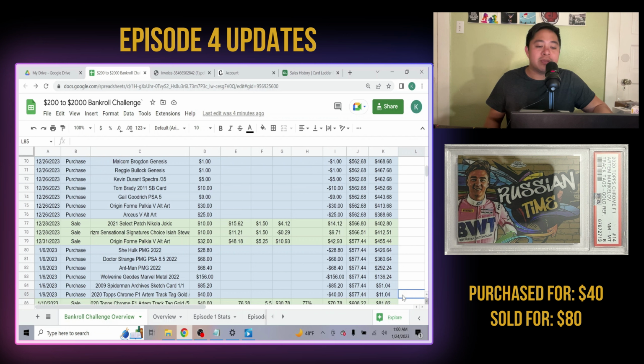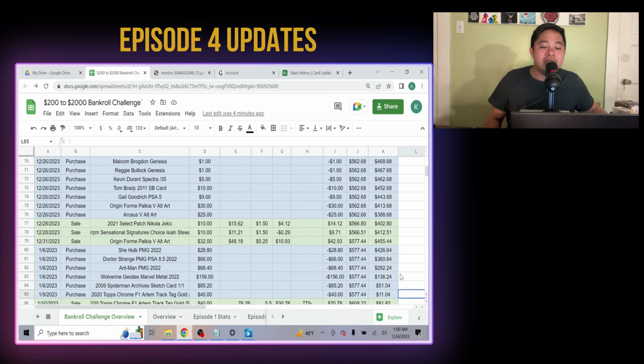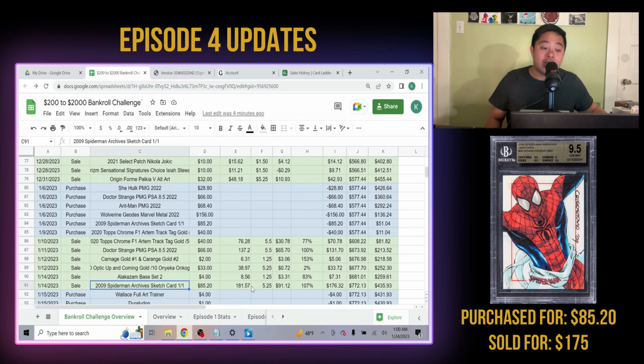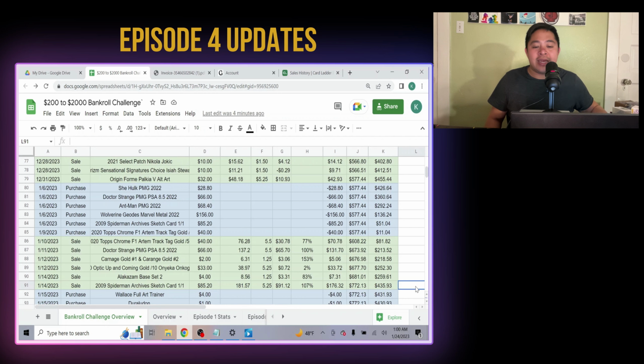And then over the next couple days, I made a couple different sales, most notably the 2009 Spider-Man Archive sketch card. So that card was pretty cool. I bought it for 85 bucks. And then I made about $91 after expenses on that card. So it was my officially most profitable play of the Bankroll Challenge, and it really elevated things nicely. So after that,